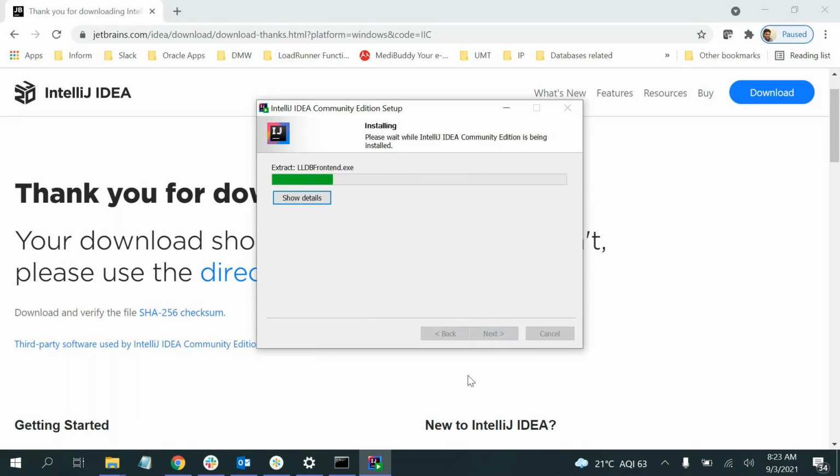So if you are done with Java and IntelliJ installation, you can just follow along, or you have to install. Just let me know. Yeah, I have to install IntelliJ. Okay, Java is already there. You can quickly search download IntelliJ on Google. The first link you get, just open and download the community edition. Yes, okay, we'll do that.